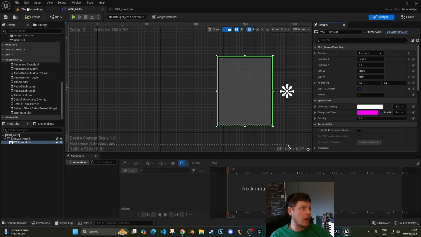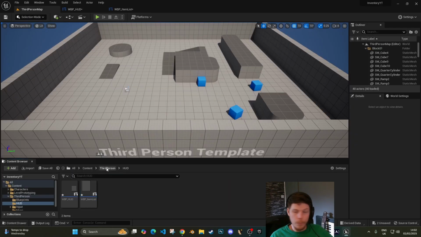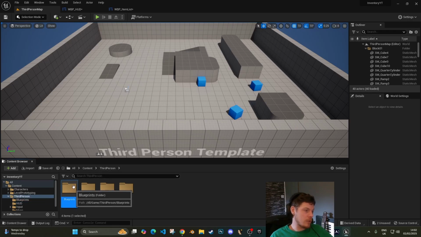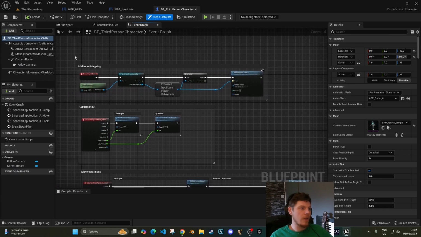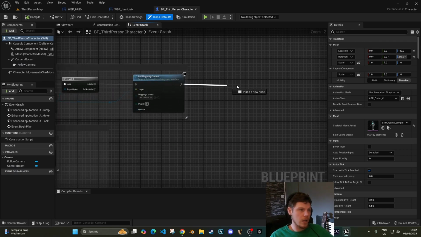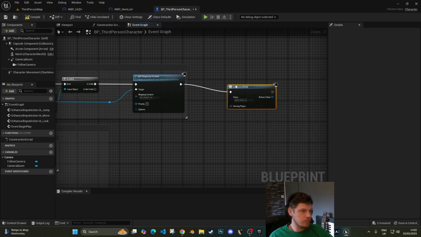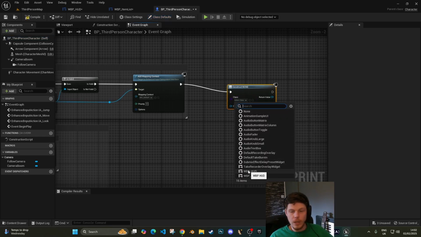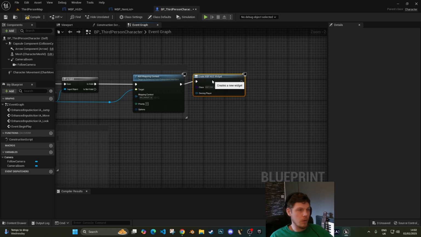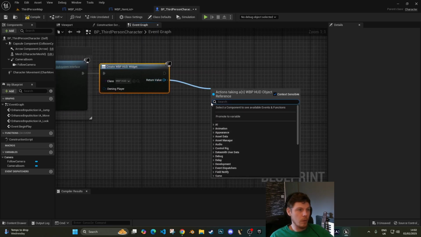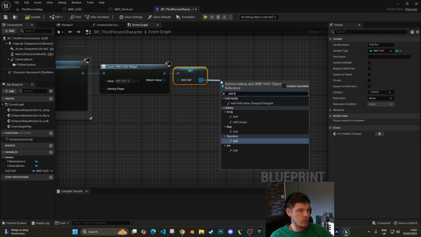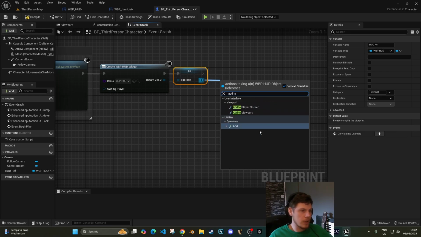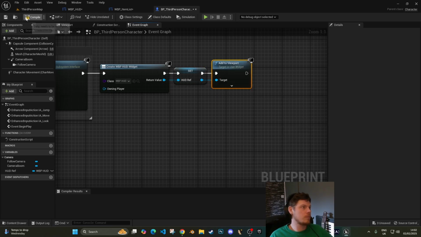So hit compile, and then I'm going to go back to my third person folder, get my character, so blueprints, third person character, open this up. Now on the event begin play at the end, I'm just going to add here create widget, select the class, and I'm going to pick the WBP HUD, that's the main one. From the return value, I'm going to promote this to a variable, and I'm just going to call this HUD ref, so HUD reference. From that, add to viewport. Oops, add to viewport. So that's adding it to my screen. Hit compile,